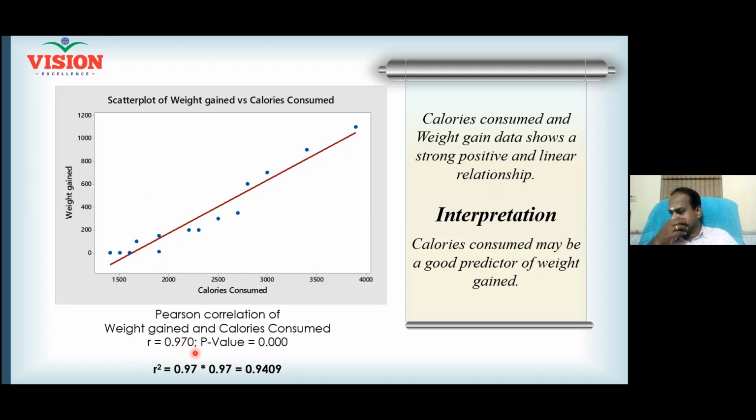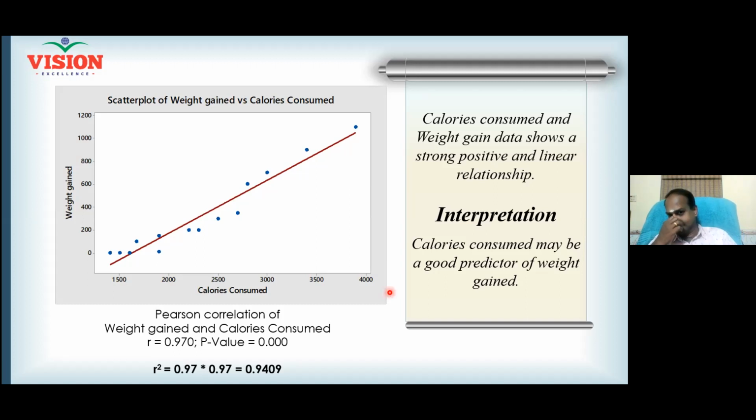And how is this Pearson correlation coefficient helping us? One thing is its value directly tells us the relationship is linear and the linearity is very strong. And over and above, I want you to square the R value. R is 0.97, so R square will be 0.97 times 0.97. Now it becomes 0.94. What does this mean? It means 94% of the changes observed in the Y variable are because of the changes you have made in the X variable.